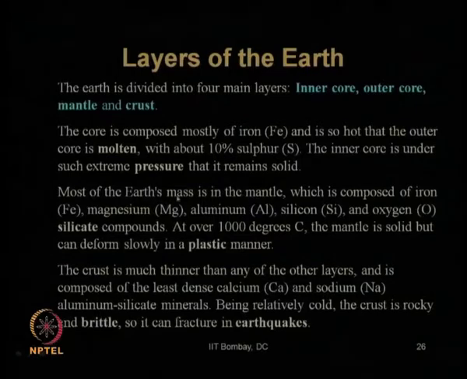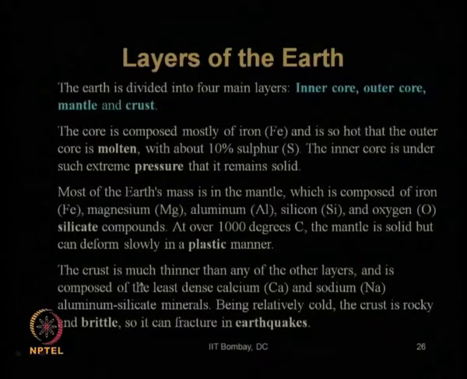So, most of earth's mass is in the mantle, that is, majority of the earth's weight or mass is located in this mantle region, which is composed of iron, magnesium, aluminum, silicon and oxygen silicate compounds at over 1000 degree centigrade. So, you can see the amount of temperature compared to the ground surface, very high temperature. The mantle is solid, but can deform slowly in a plastic manner. That is, it is in a fully solid state, but it is under huge pressure as well as at a very high temperature. So, it can behave in a plastic manner, that is, it can deform in a plastic manner,